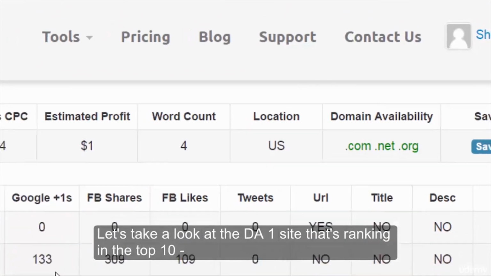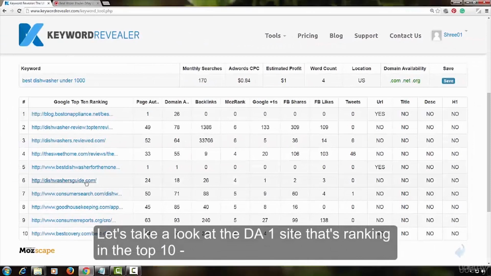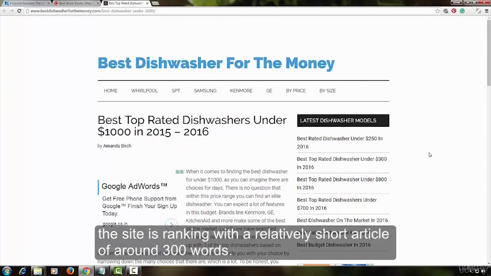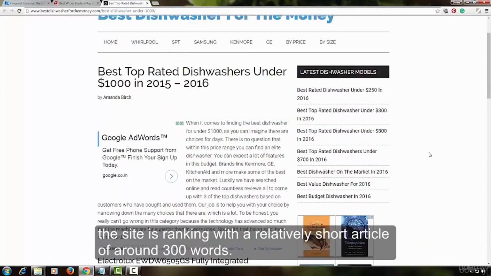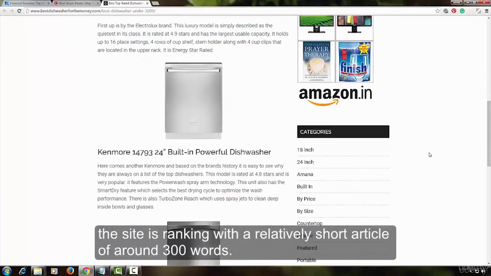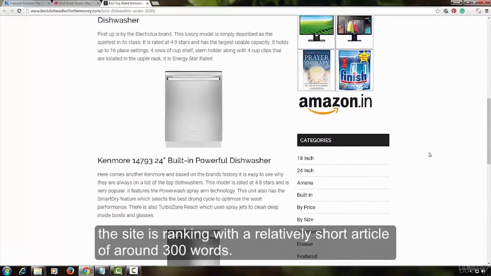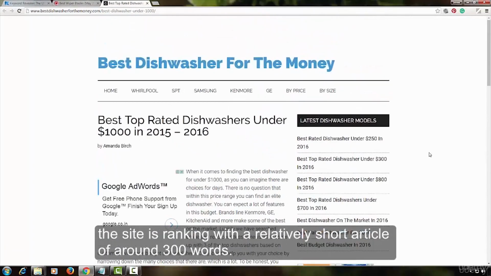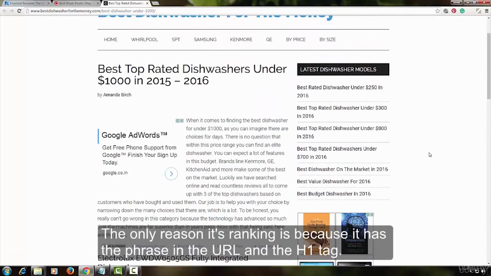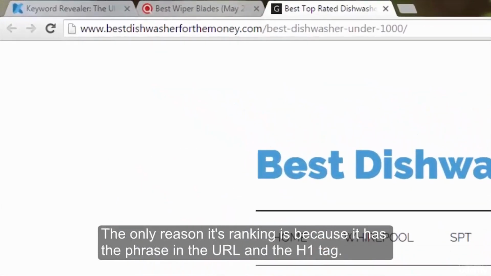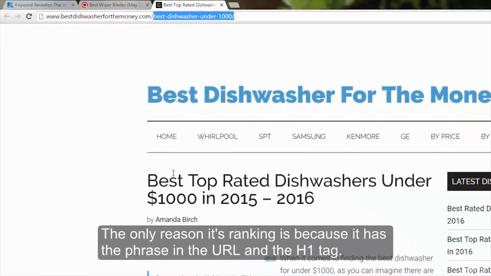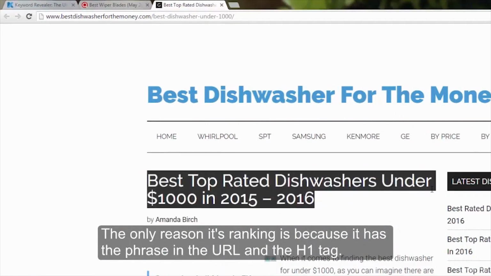Let's take a look at the DA1 site that's ranking in the top 10. The site is ranking with a relatively short article of around 300 words. The only reason it's ranking is because it has the phrase in the URL and in the H1 tags.